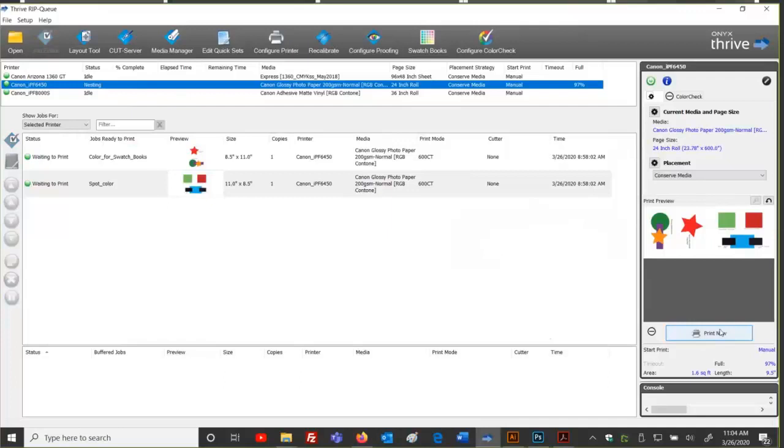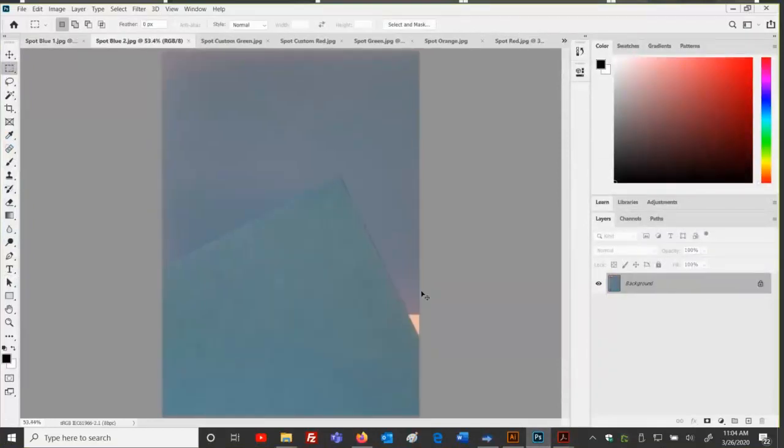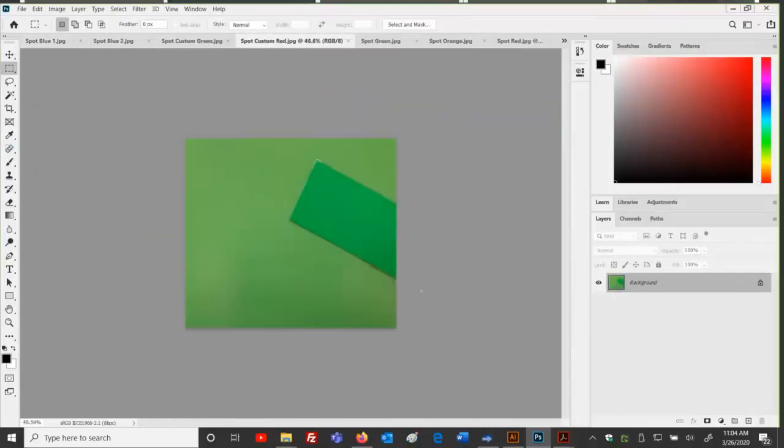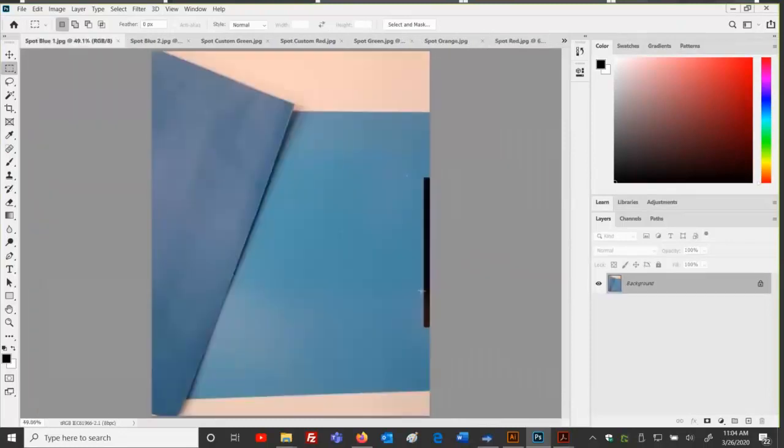When we print these samples and then we go to evaluate them, I'm going to go into Photoshop here. I got a couple of different examples, trying to go through some of these different color examples. So when we look at these, we're going to be comparing, and I just did some quick prints of those two files, took some sample color material and said, for example, let's take a look at this and compare. Since we're not together in person to print live and visually evaluate the source object to the printed sample, I'm kind of doing this to simulate that through this WebEx.